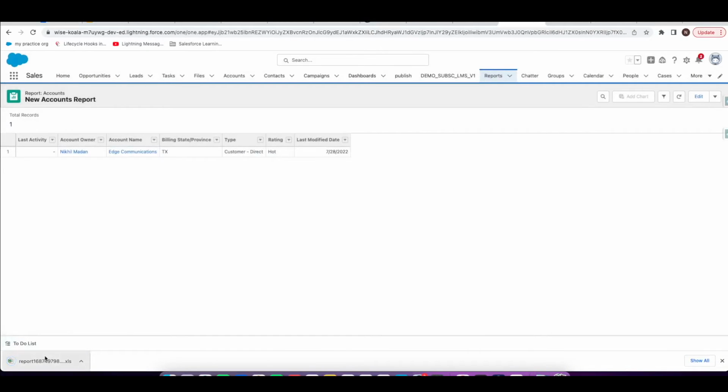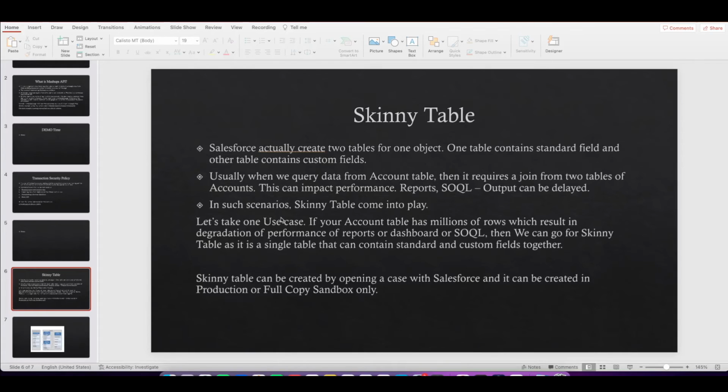And if you see, I'm able to export this, which tells that the transaction security policy is working, where if we try to export more than 6, we are not able to do it. Let's go to our last topic, skinny table. In this one we will not go with the demo, but I'll just go through a definition